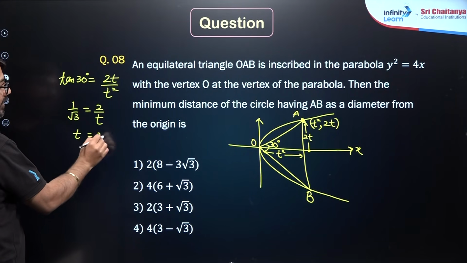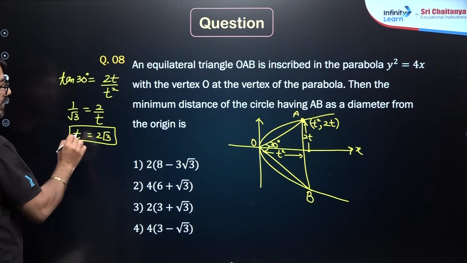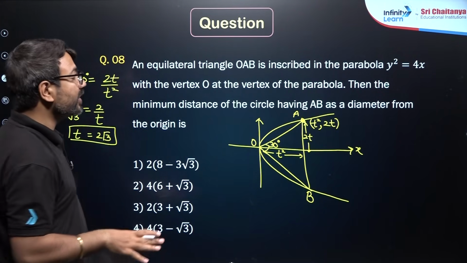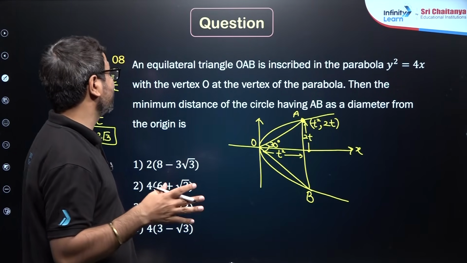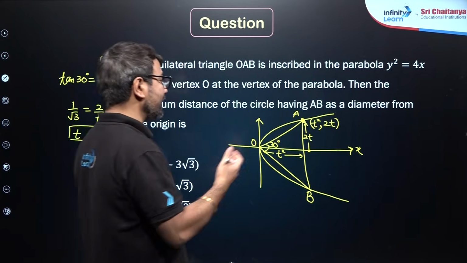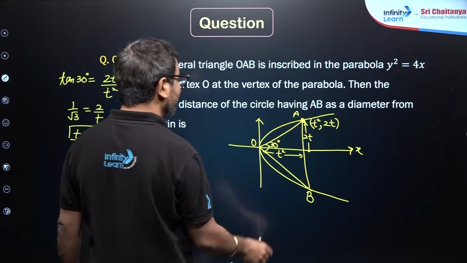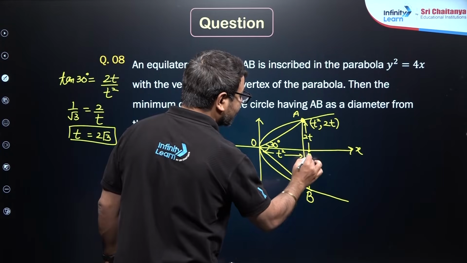So the value of t will be 2 root 3. I hope this is clear to you. So in this way, you will be able to get this exact coordinate, and the length will also be possible then. What they are asking, let's find the value of the AB as a diameter, because they want that this